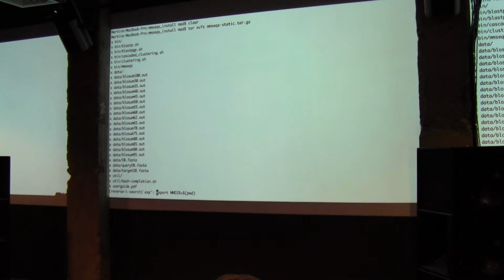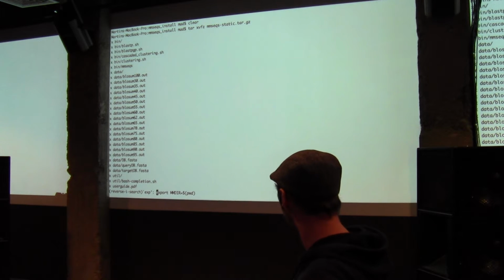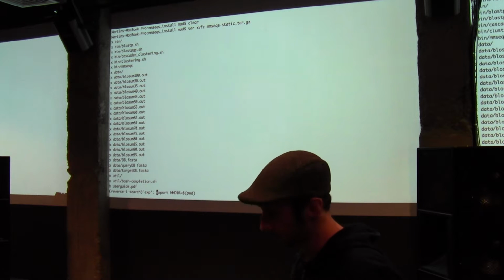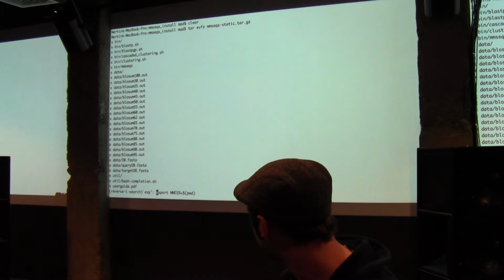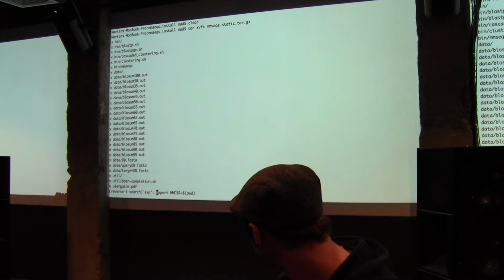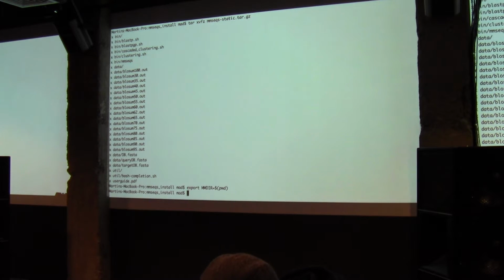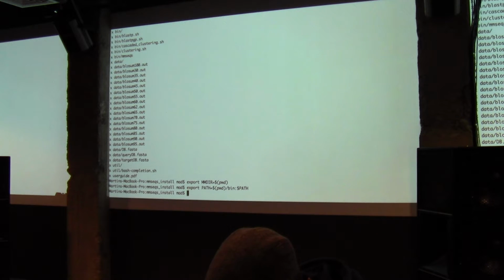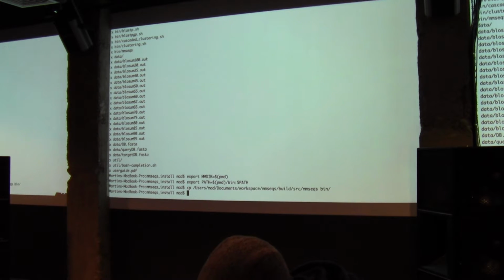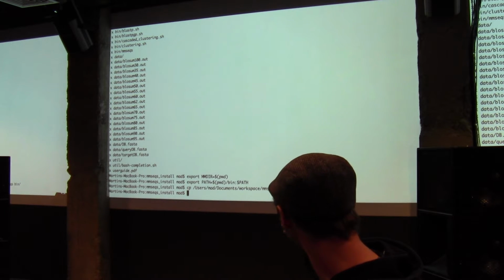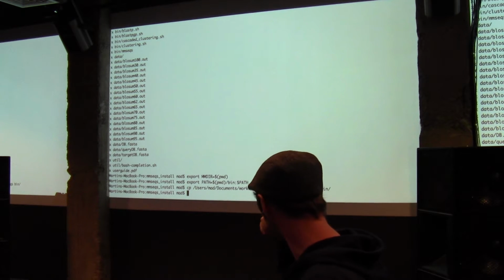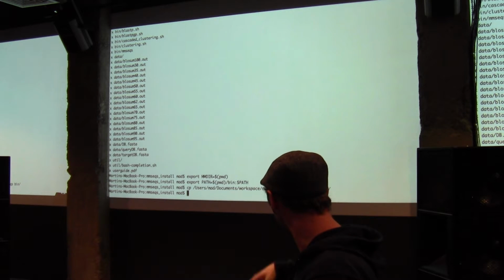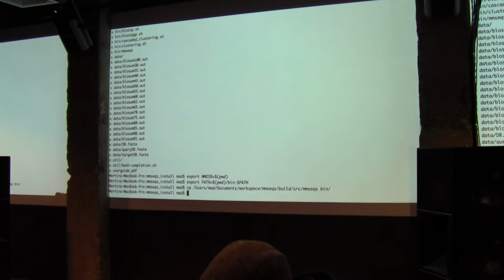What you have to do then is to set the environment variable called MMDIR, which should point to the directory where you installed MMseqs, so I can use this variable later to find the BLOSUM matrices and the shell scripts. And then we also have to set the PATH to the bin directory, and now I have to do a hack. I have to do this because I have a Mac, and the static compiled version is for Linux, so I just copied my locally compiled MMseqs to the bin folder, and that's how it is.